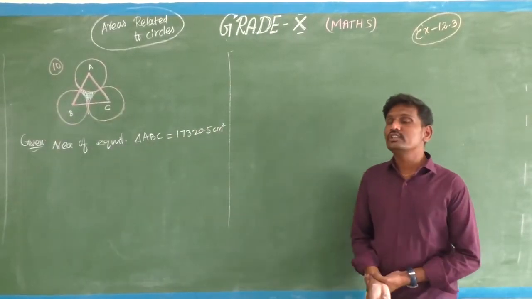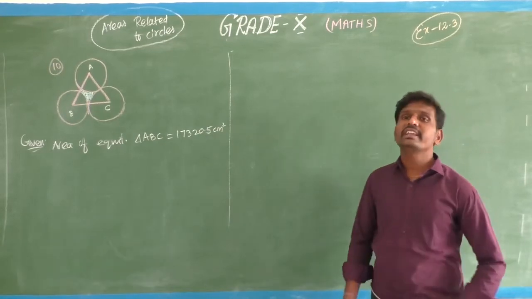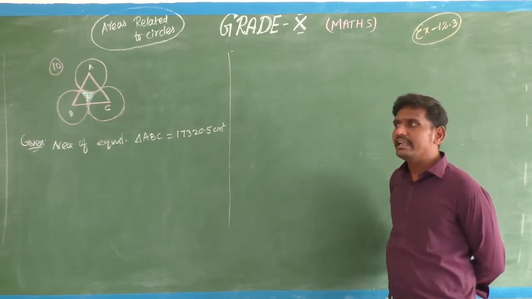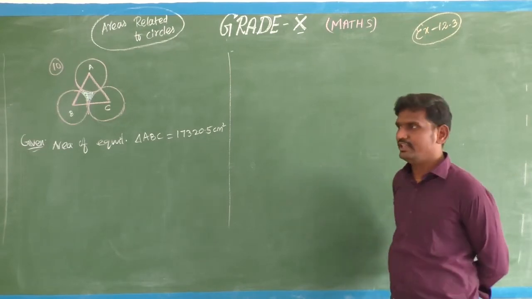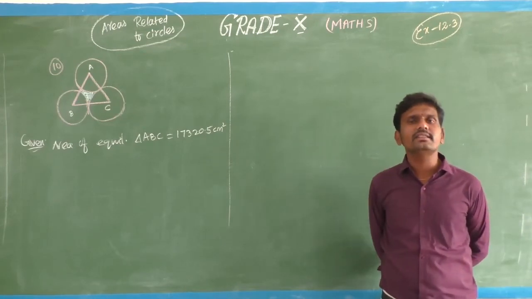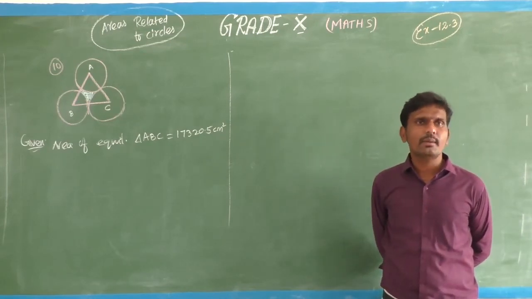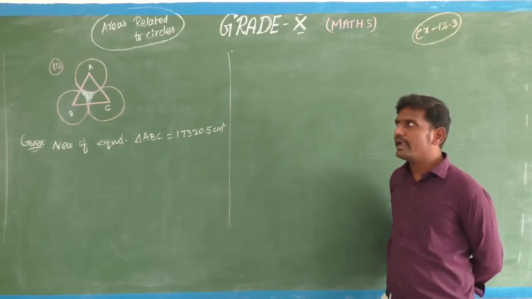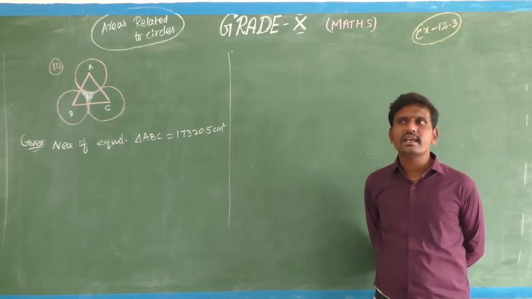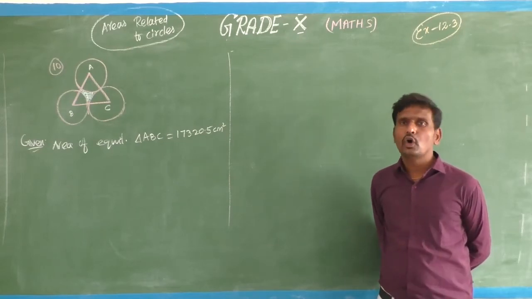Maths class. So this is the class for front users in areas related to the circle. Chapter number 12 and exercise 12.3. Yes, students. So already we completed the first two exercises fully, and the third exercise we have completed some of the questions. So the remaining 6 or 7 questions only are pending. So for this class we want to complete that whole exercise.